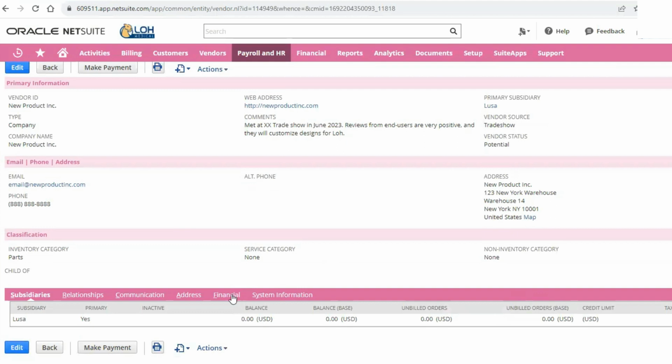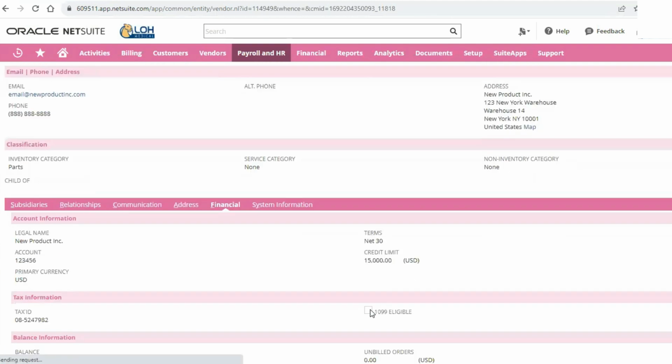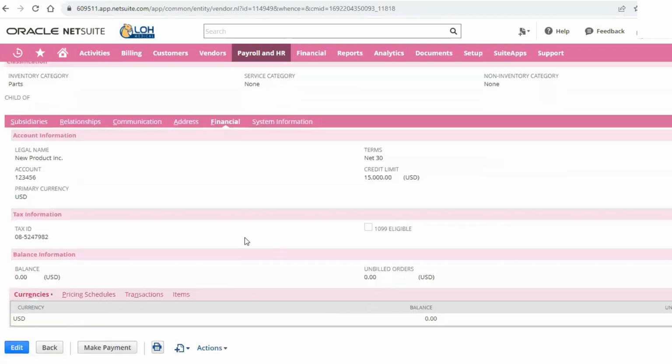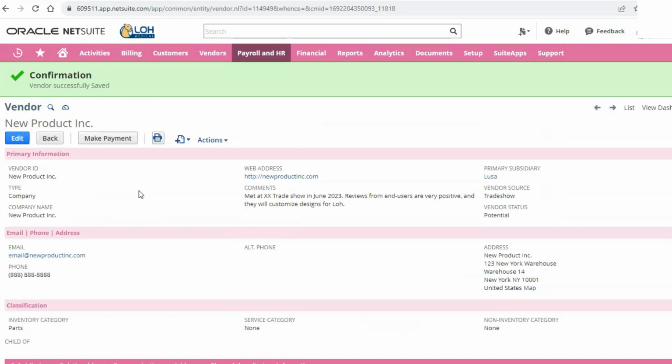You can also select more than one currency for a vendor. So just so you guys know, if they are associated with Lowe Colombia and Lowe USA, we can have COP and USD. And then when you're submitting your PO, you would select the correct currency based off of your subsidiary.